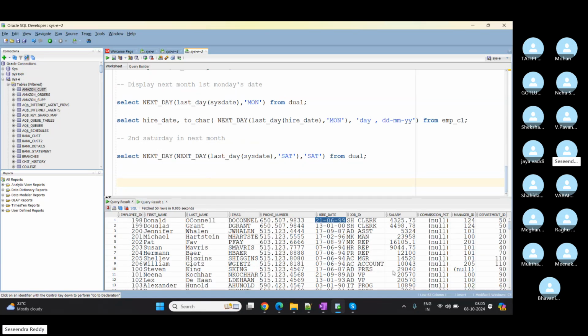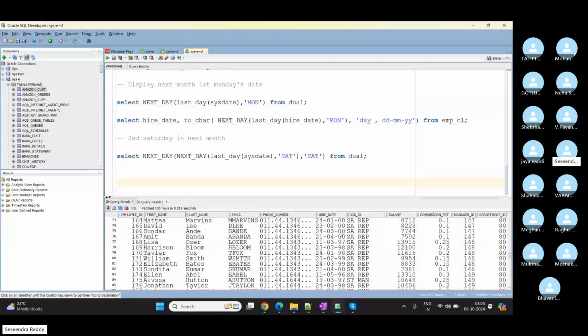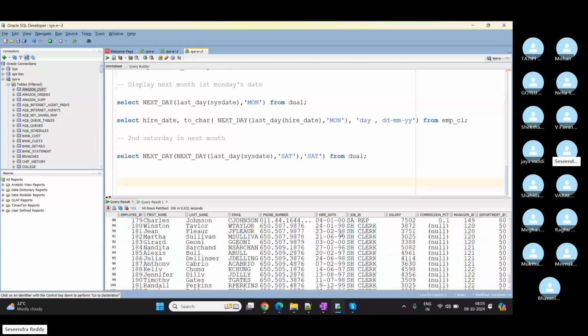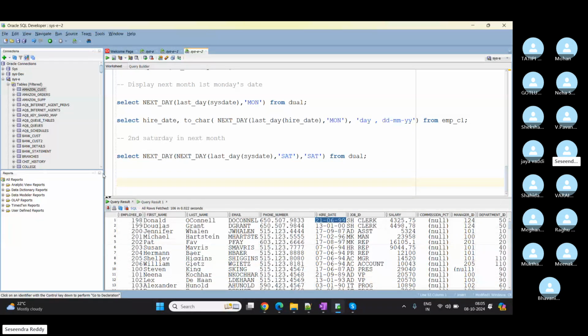So now we will start working on these date filters. We have data around 2000, between 1987 and 2000, I mean hire date. So we are using old data, old years, and that is fine. Now if we want to see employees who joined in the year of 1999,